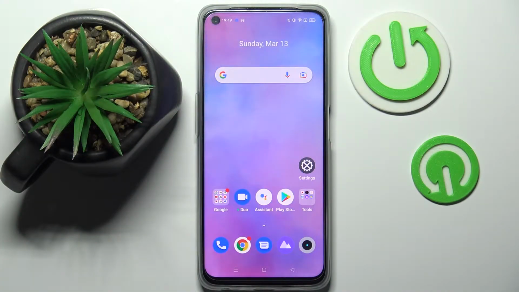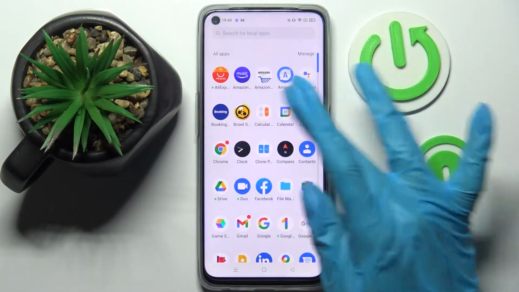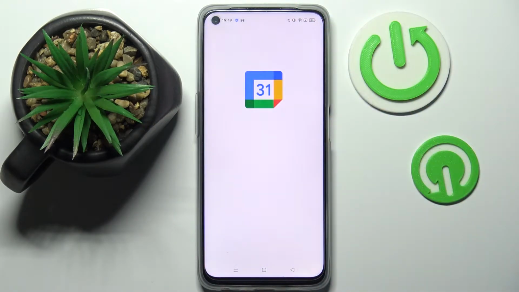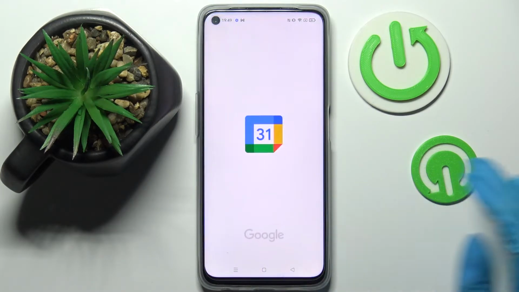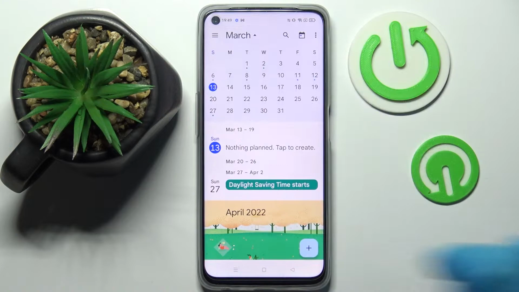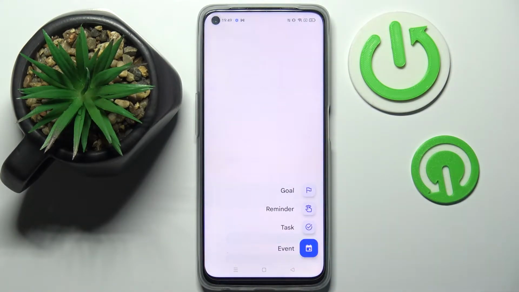In front of me is REALME 9i, and today I would like to show you how you can add events to Calendar on this device. First of all, you need to access Calendar by clicking on it. Now click on the bottom right corner over here, select Got It, and tap on the month above. Following that, you need to pick a date and click on this plus icon at the bottom right corner, then